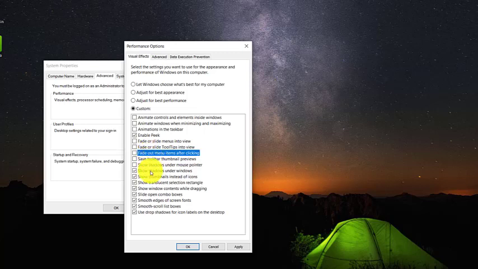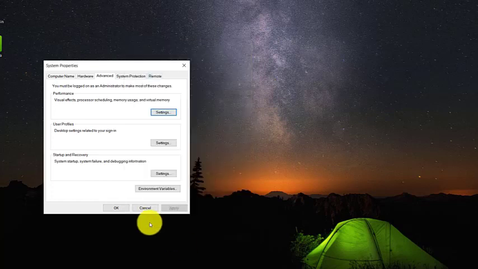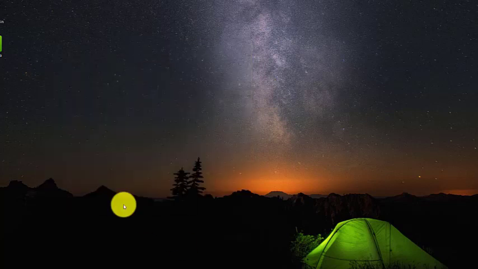Here you can see show shadows under window, this also needs to be removed. Now just leave it as it is and click on apply. Let's wait for it. Okay, now just click on OK, and here also click on OK. So this is the second one.